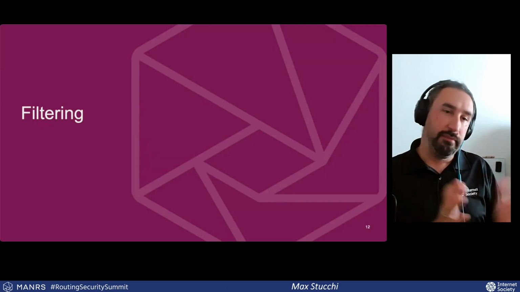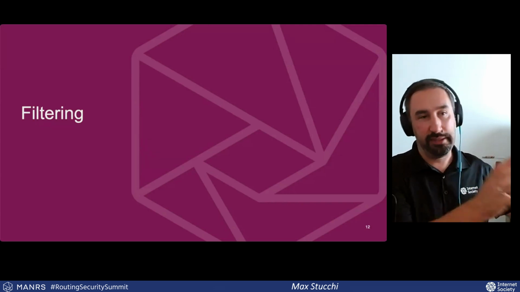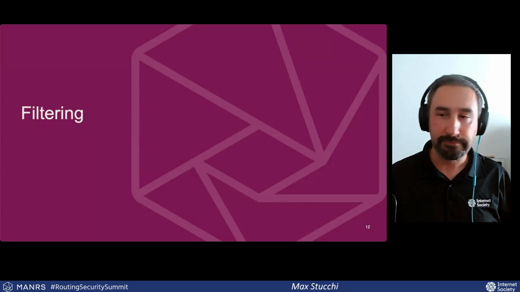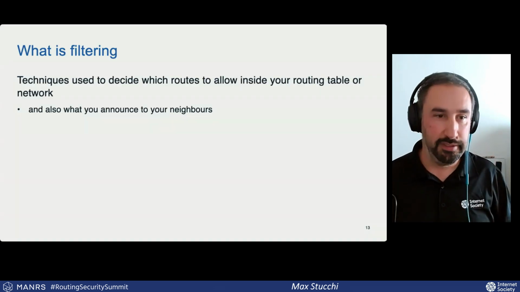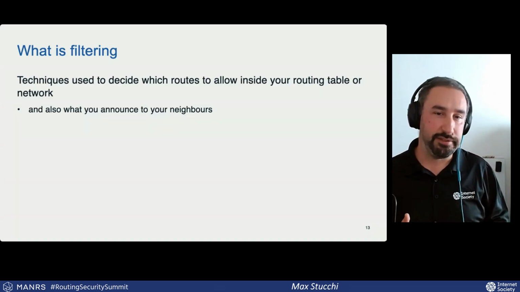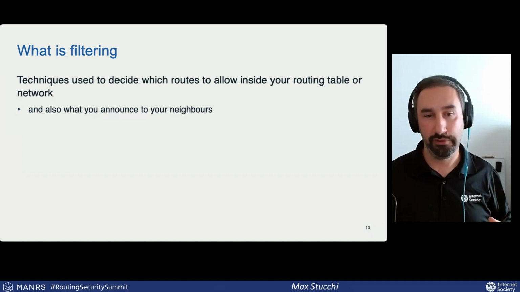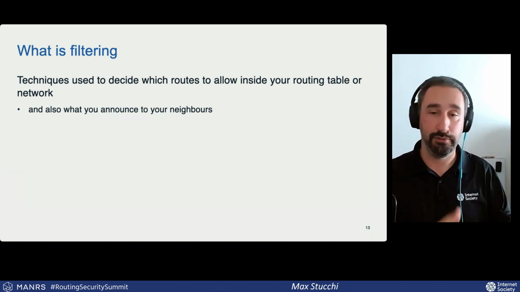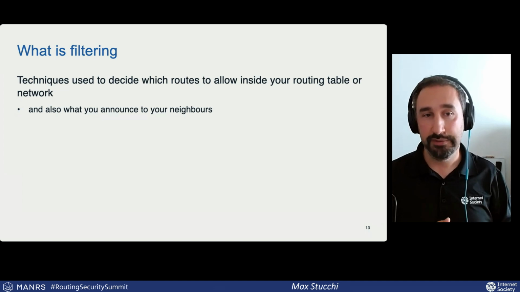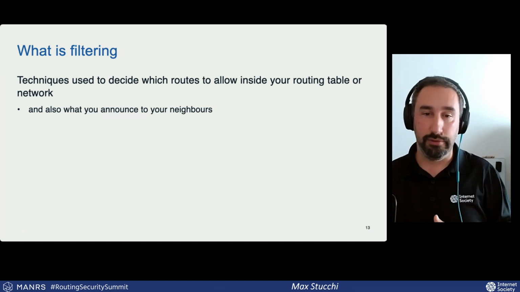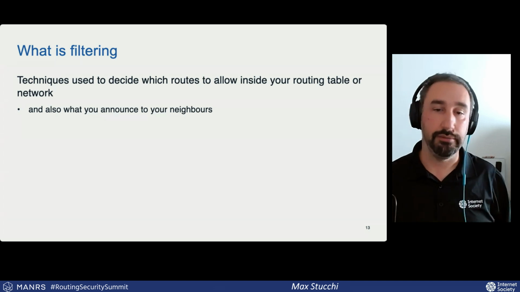So I told you there were 3 pillars. We looked at the first one, and I told you it was going to be the simpler one. Now let's look at filtering. Filtering are techniques used to decide what you want to allow inside your network, and especially what you announce to your neighbors. So you have to take care of what is coming towards you, but also what you announce to